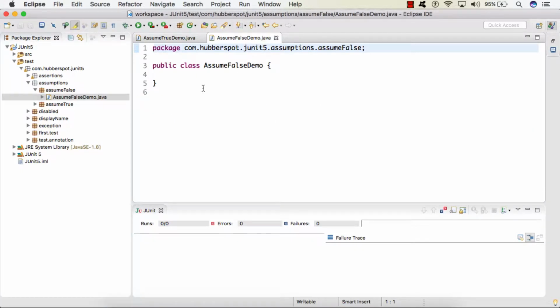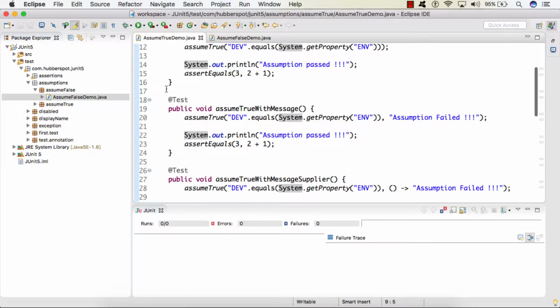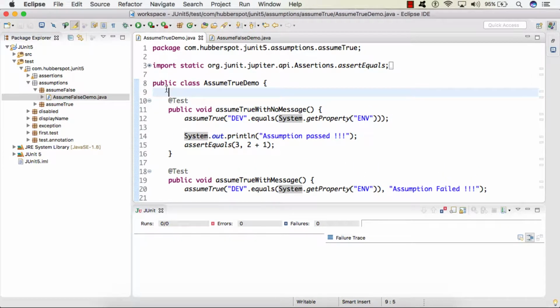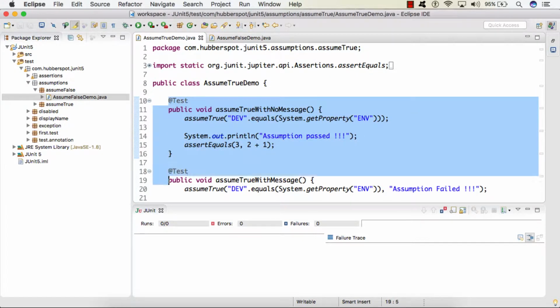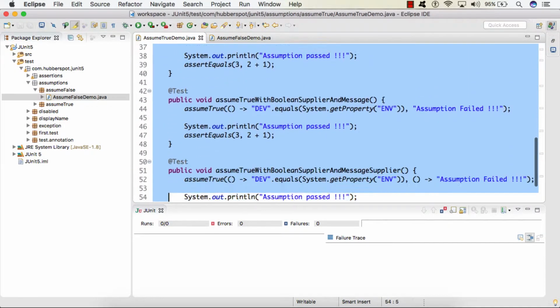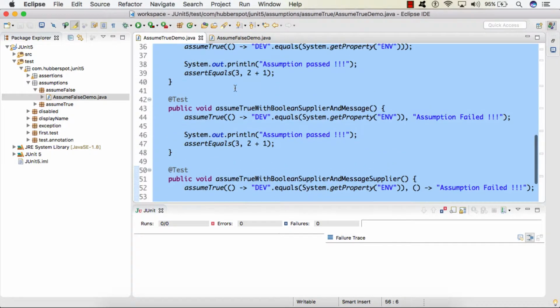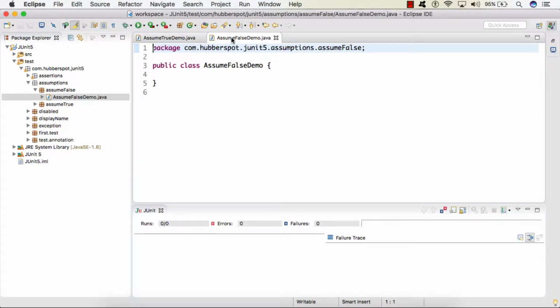So friends, in our last lecture, when we saw the demonstration of the assume true method, we wrote a few test cases which demonstrated how assume true works and what its overloaded methods are. So here I will be simply copying all the test cases and pasting them in assume false demo.